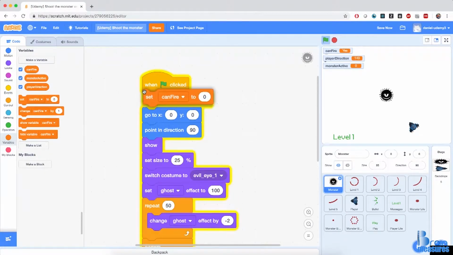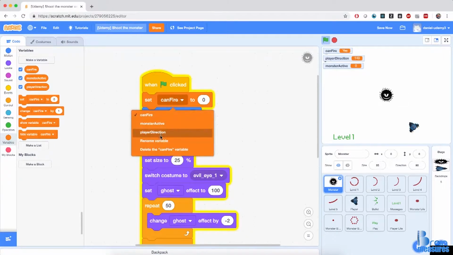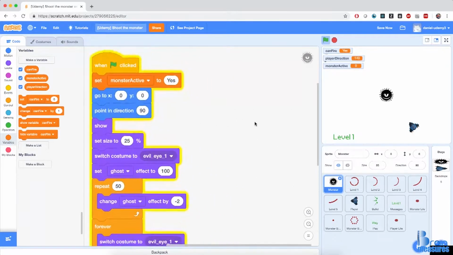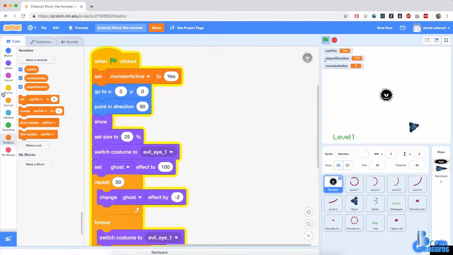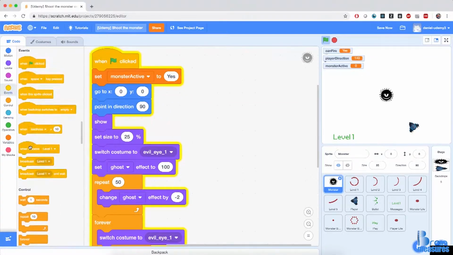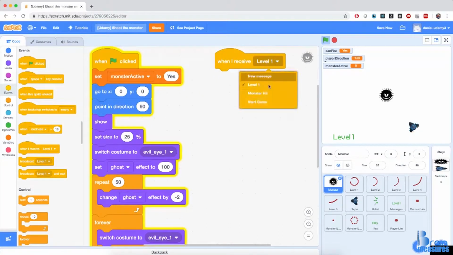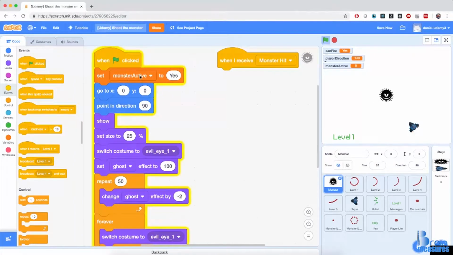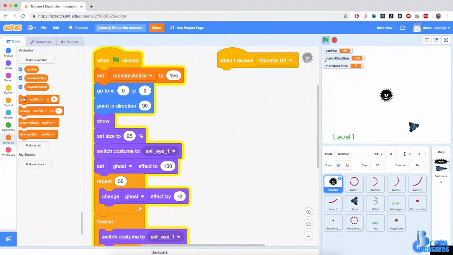So I'm going to add an orange block saying set monster active to yes. And when the monster is hit, so that means when the monster receives that monster hit message, so when I receive monster hit, I'm going to set this variable to no. So I'm going to get to variables again and set